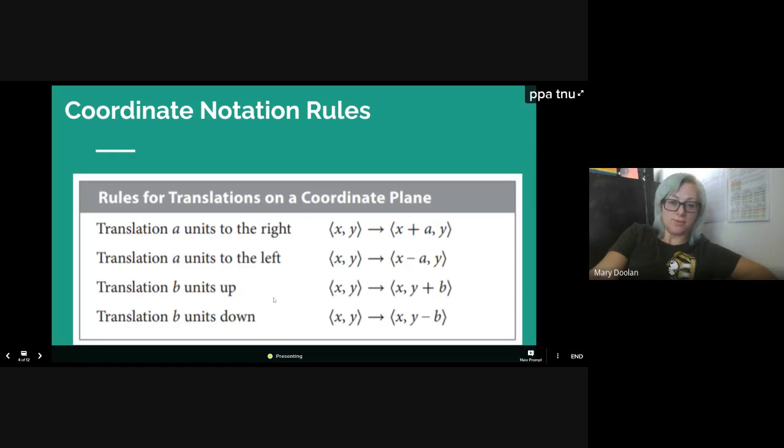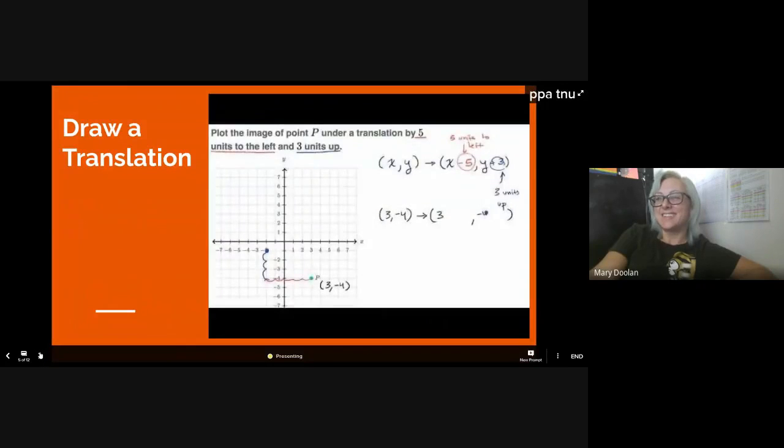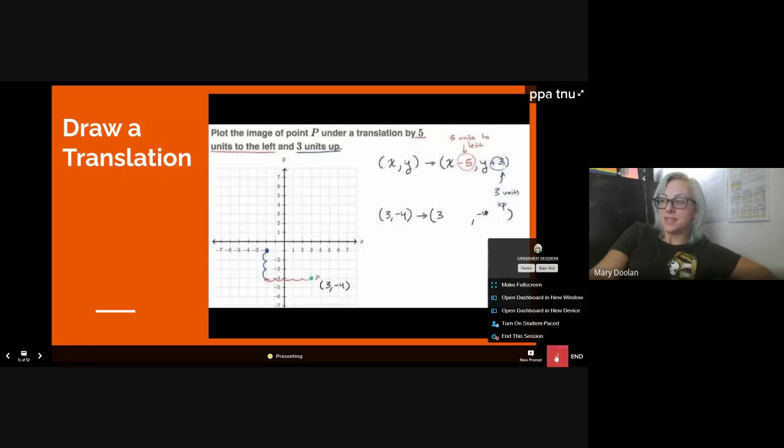It's a special type of notation for translations, okay? For transformations. It's like a pointy parenthesis. All right, so at this point now, what I'm going to do for you, and this is new, is I'm